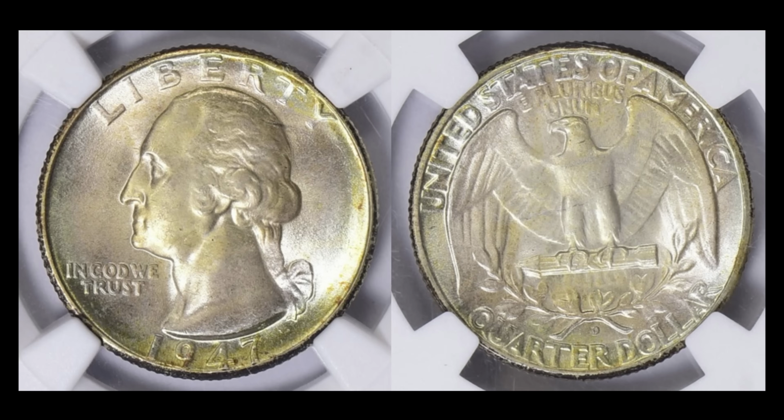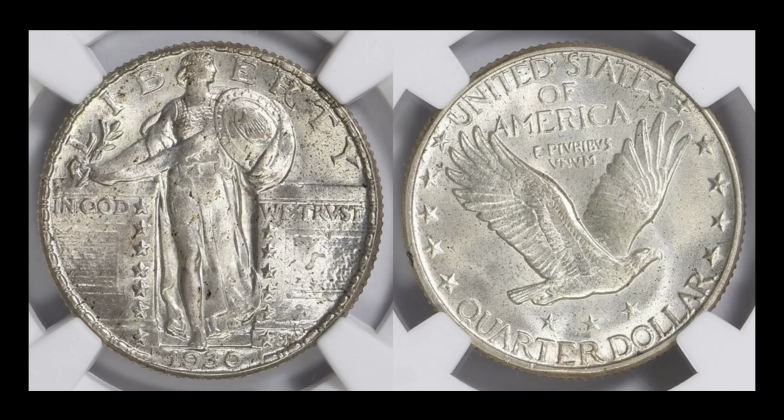Could possibly be a coin that was at one point sitting in an album or in a roll of sorts, and this could be a roll ender. So this one here is an NGC Mid-State 68, and it did sell for $2,531.25. And we have a trio of absolutely beautiful Standing Liberty quarters to end off the Monday market report for